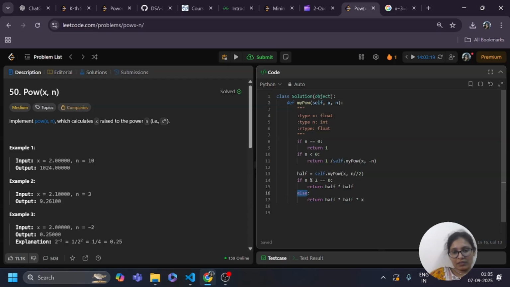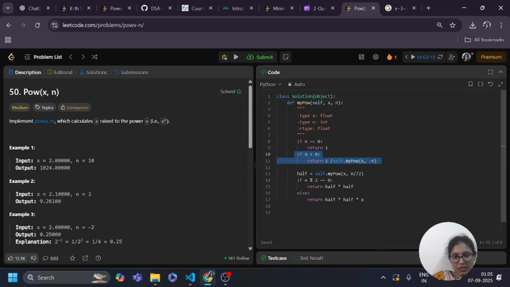Like if you have x to the power 5, then how can you write it? Write it like x to the power 2. Here you can see x to the power 2 into x to the power 2 into x. So we got x to the power 5. So this is used to handle odd power, and this is used to handle even power, and this is for the half number,